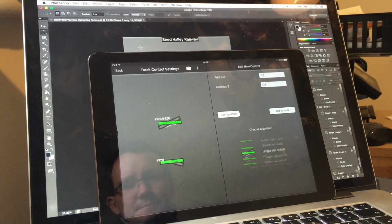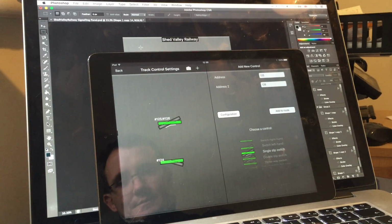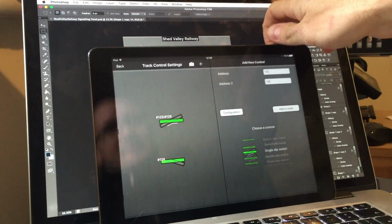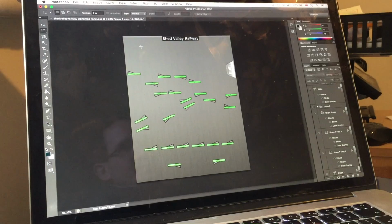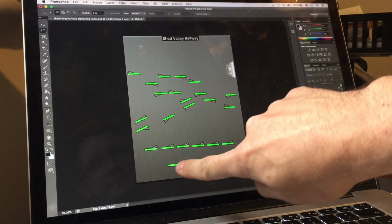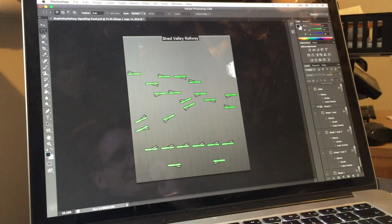So briefly, what I did was started laying out the points, and then I took a screenshot and then sent that to the Mac. So I ended up with this. The idea being, this is the fiddle yard. This is the Arley station, and this is the main Kidderminster bit. So after a few attempts of sending screenshots back and forth, I came up with this, and then imported it